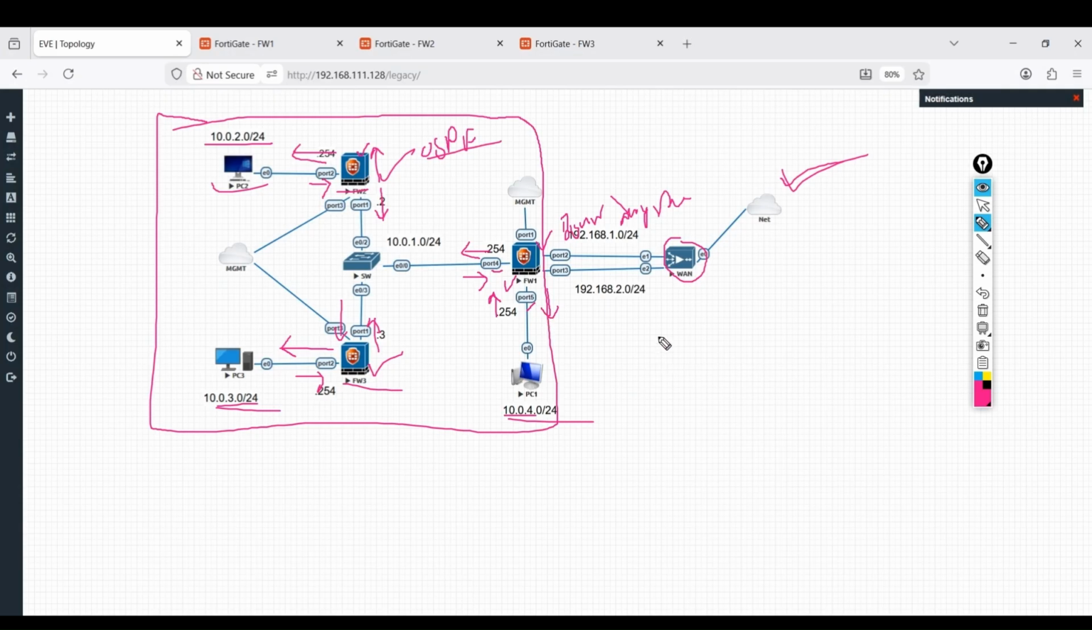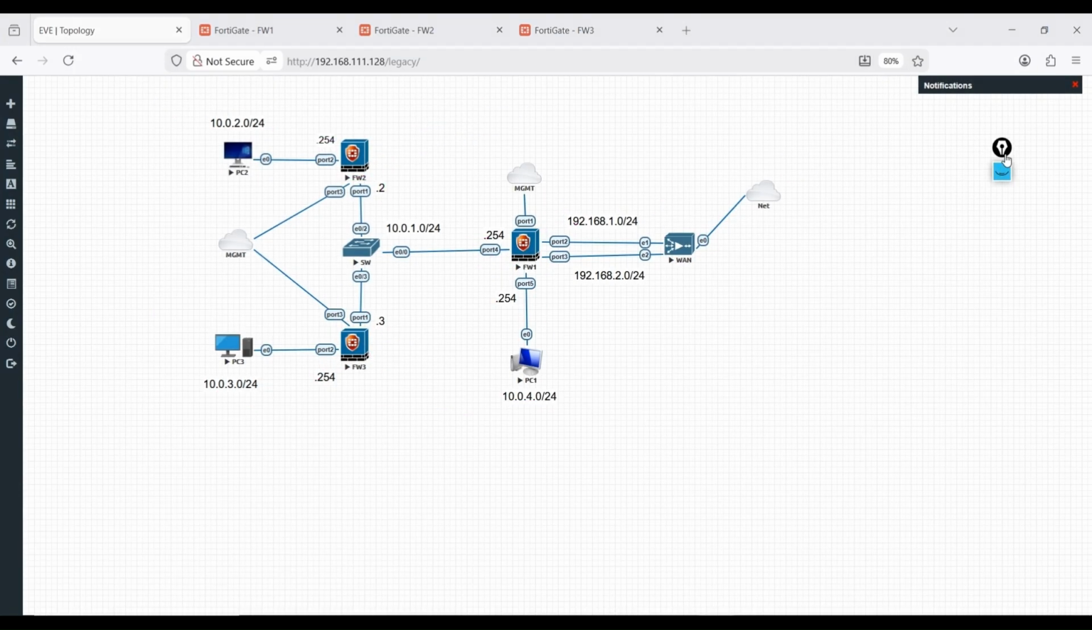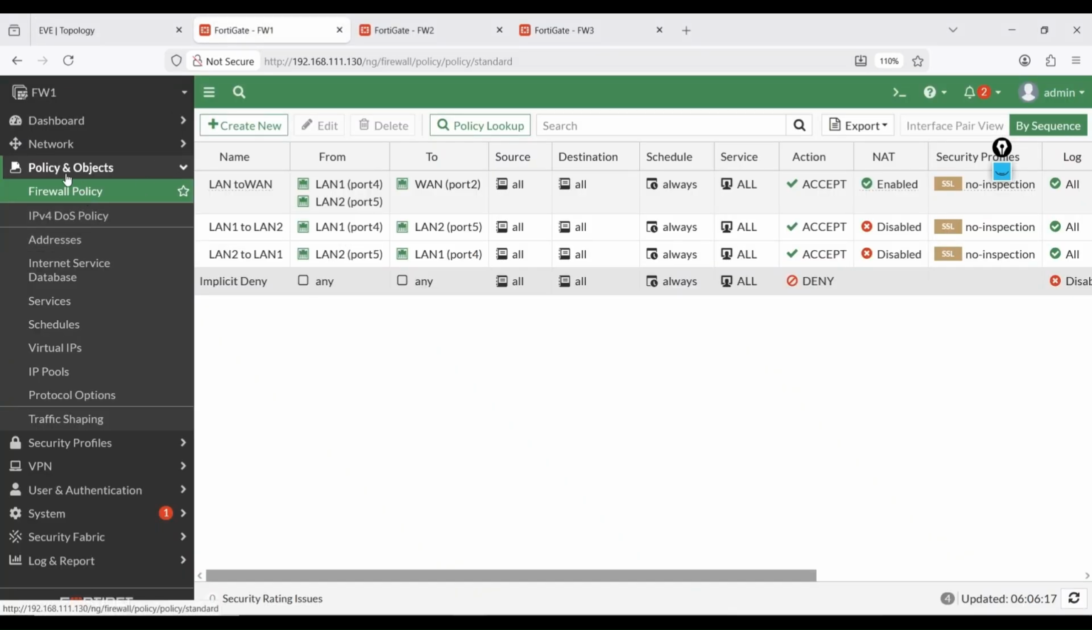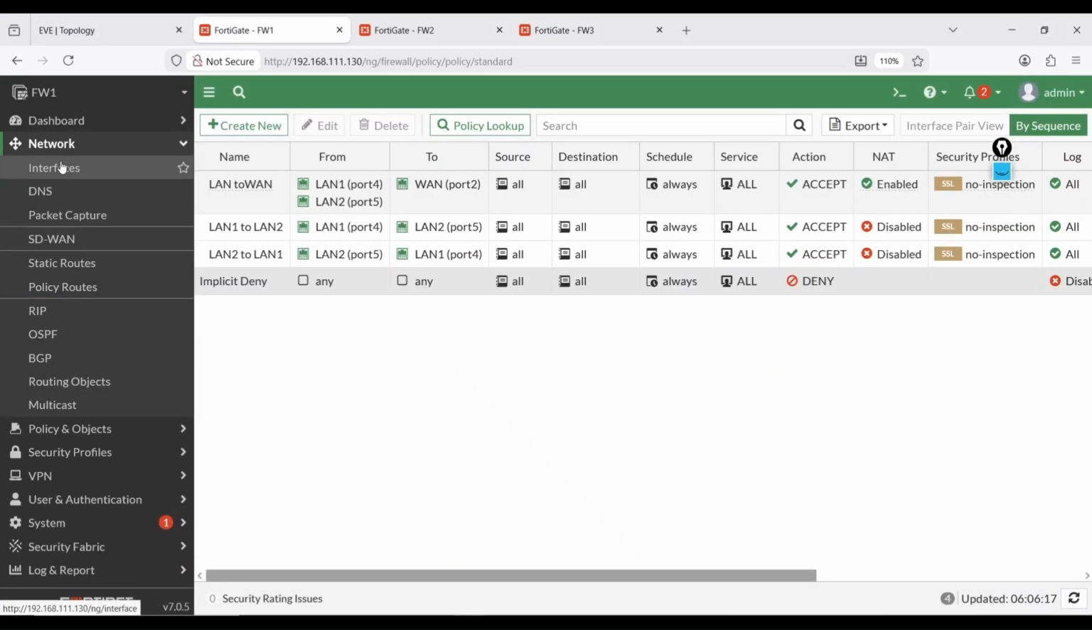So let's begin today's lab. Let's configure OSPF. I have already turned on all the firewalls and all other devices. So let's go to firewall 1. For firewall 1, just go to Network, and if you remember from my previous video, we configured RIP,